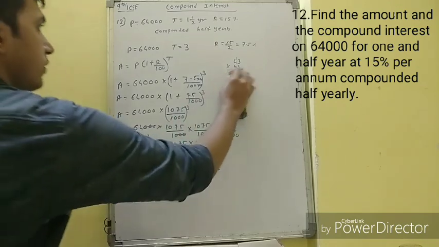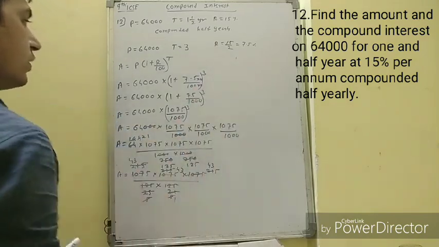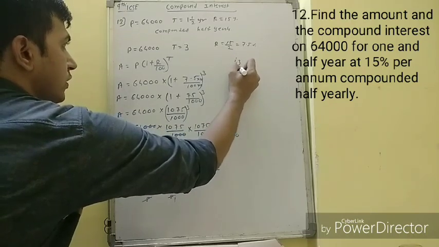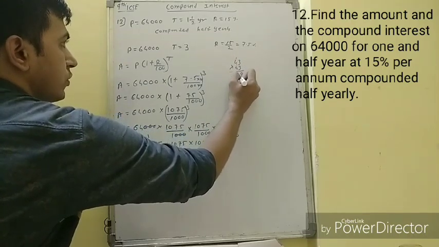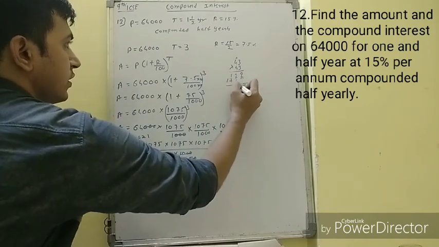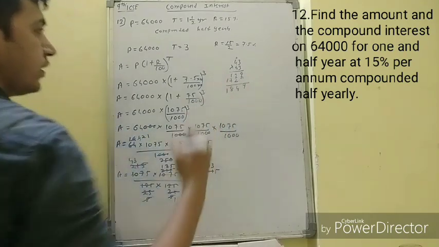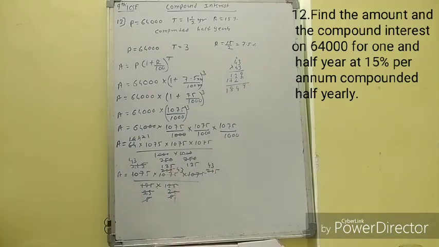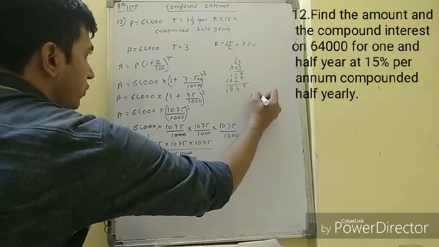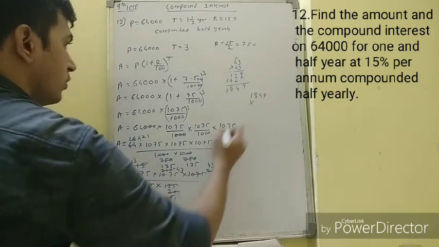Here we'll do it once more. I think something is wrong. 43 into 43. 3 3s are 9, 3 4s are 12, 4 3s are 12, 4 4s are 16 plus 1, 17, 9 4 8 1. Okay, 40 into 40 is 1600. Right, this is right. So 1849 multiplied by one more 43 it is.